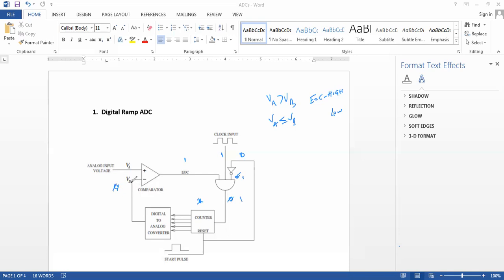When VB is greater than or equal to VA, then end of conversion now becomes 0. And when the end of conversion is 0, the output of the AND gate will now be a 0, since one of its inputs is a 0. That 0 will no longer clock the counter,